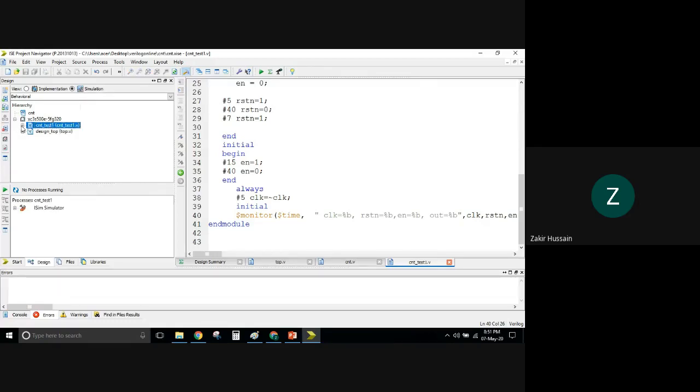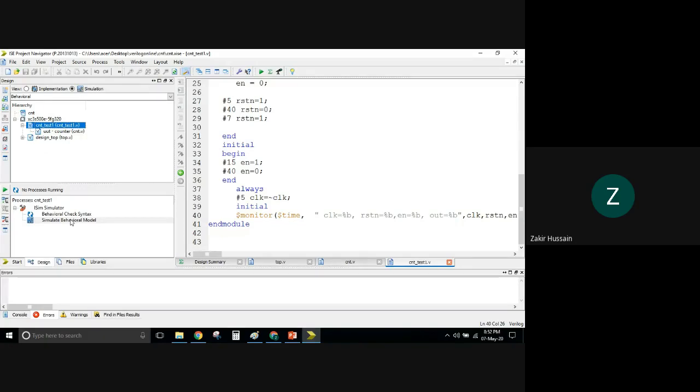If you are expanding this one, you see the counter. And if you select the counter and you go here in the processes window and you simulate, you will end up having X and Z in your waveform window. Somebody asked in the WhatsApp group, that guy ended up having output in like X and Z. So possibly that guy might have selected this one. So that guy should have selected this test bench, then run this one, then without any issues we will get that output, if this code is correct.